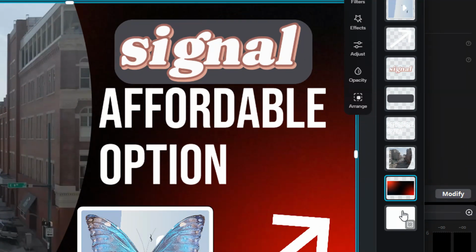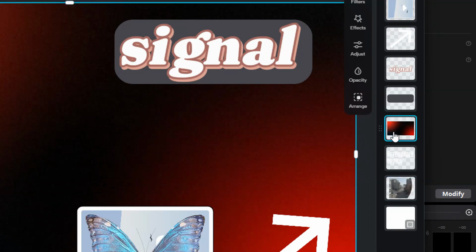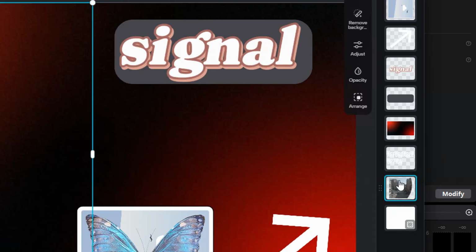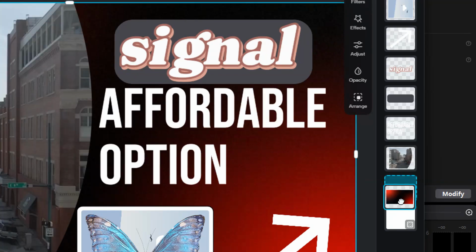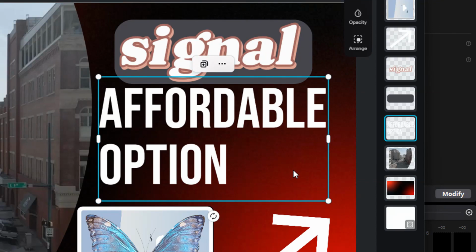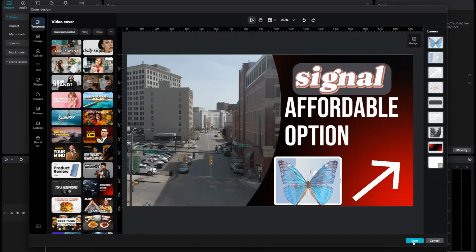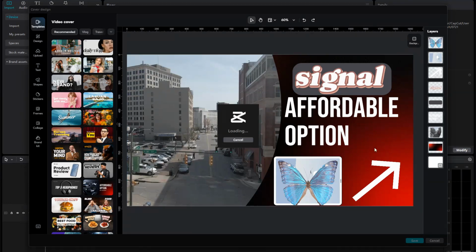So here are the layers, and we can play with layers also from here directly. If you want some picture to go to the background or come to the front, in this case we can use this option. So I will put it back again, and then we will save it. So I will click on save,